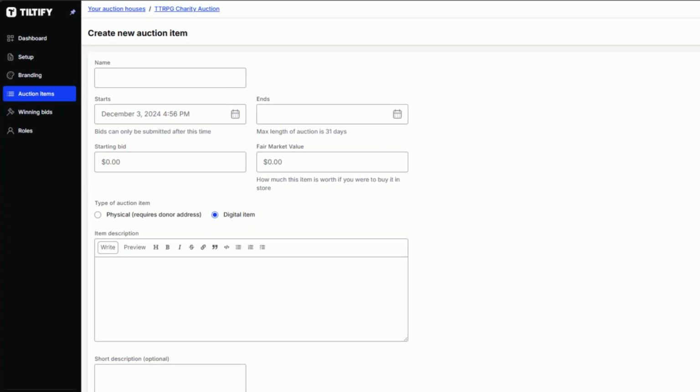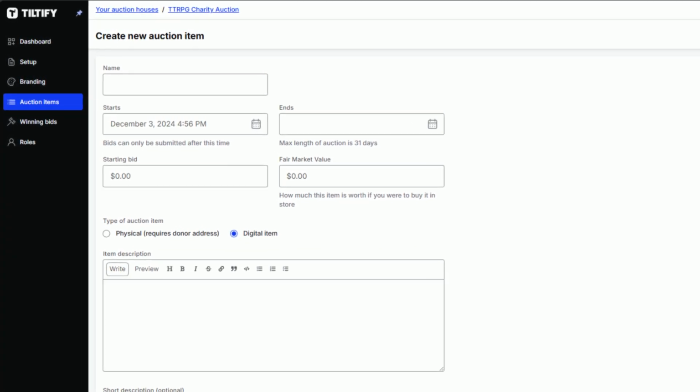Under the next tab, you'll actually add in your auction items that folks can bid on. The maximum length of an auction is 31 days. I think the sweet spot is giving folks 2 to 3 weeks to bid on items so they have enough time to get the word out and to do a little bit of back and forth bidding, but not too long that folks forget about your auction. Industry standard for